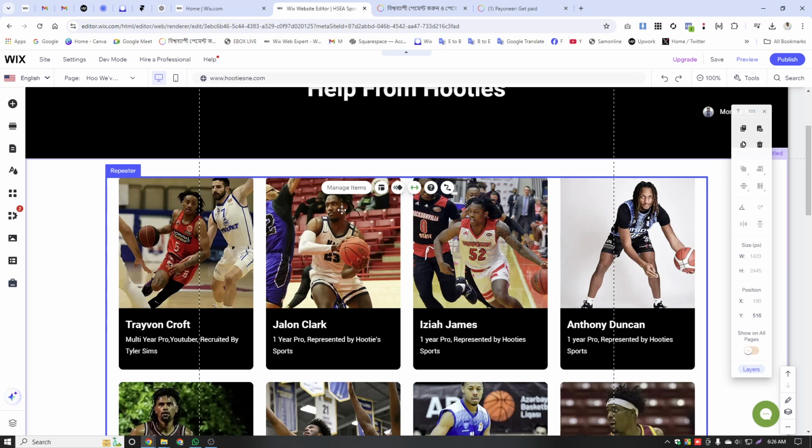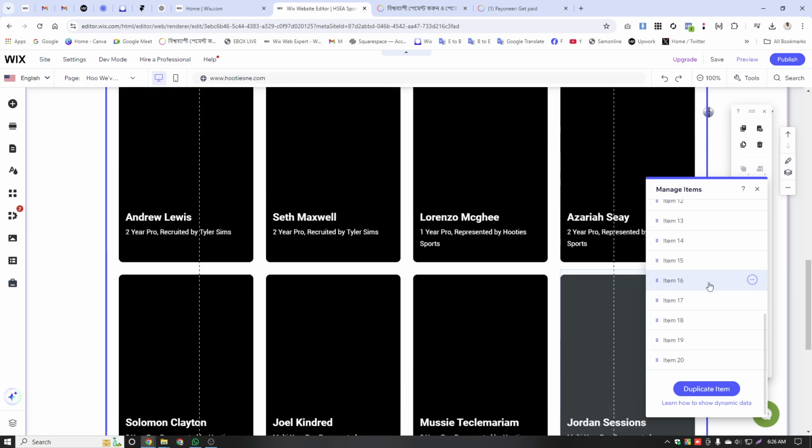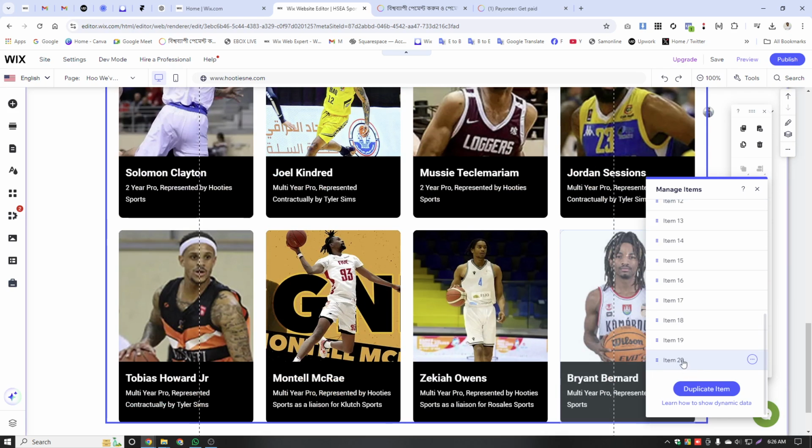If you want to add or remove any item from there, then you just need to click the repeater here. Make sure you are on the repeater, and then you can see here Manage Items. You just need to click on it. Then you can see under this repeater we have about 20 items. If you want to remove any of them, just click the three dot button here and then just delete